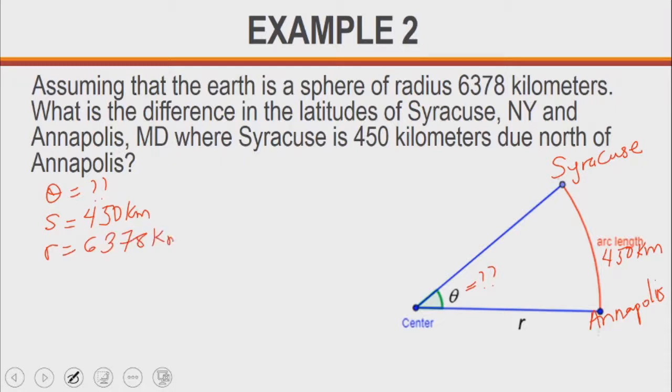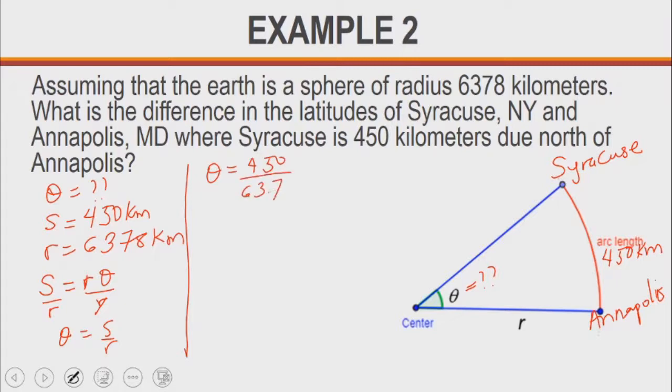and the radius is 6,378 kilometers. To find theta, we need to use the formula for the arc length. Arc length is r theta. If we divide both sides by r, that gives theta equals s divided by r. So theta will be 450 kilometers divided by 6,378 kilometers. Kilometers cancel out kilometers, so the angle we are going to get is in radians. If you put that into your calculator, you are going to get